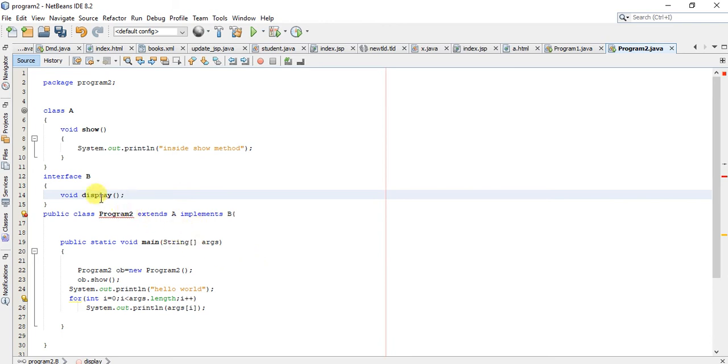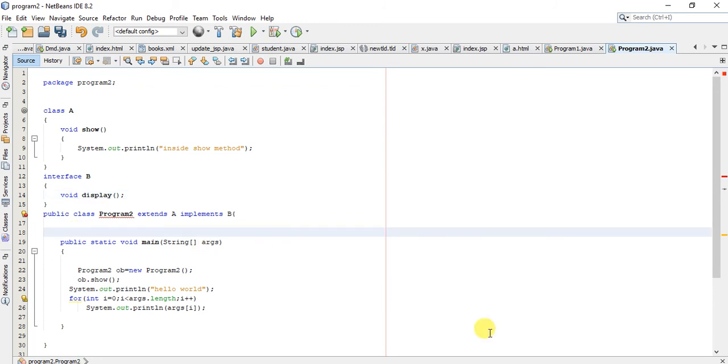If this class inherits this interface, then either it has to implement all the abstract methods of that interface, or this class itself should be declared abstract. So I am here implementing this method void display.